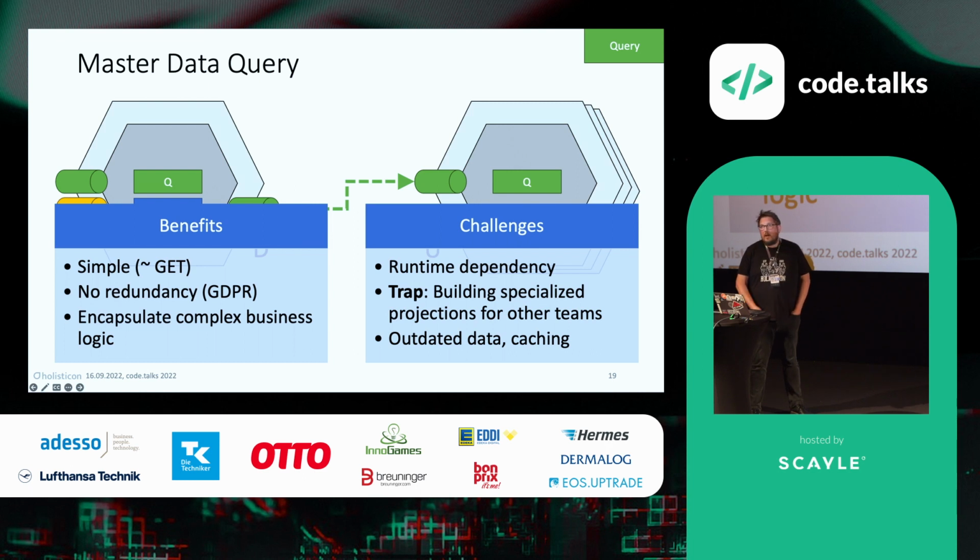You have caching issues, so when I ask for customer information at 8 o'clock, can I still use this information at 9 o'clock? Do I have to requery all these things? But it's still a good pattern because you avoid data redundancy, which we found out in our projects is especially relevant when you have personal sensible data, GDPR relevant information. So I only query for customer name and telephone number when I really need it. And outside of this context, if we consider the right side to be the customer service, I just work with IDs and stuff. And I do not have to interpret all this inside eventing